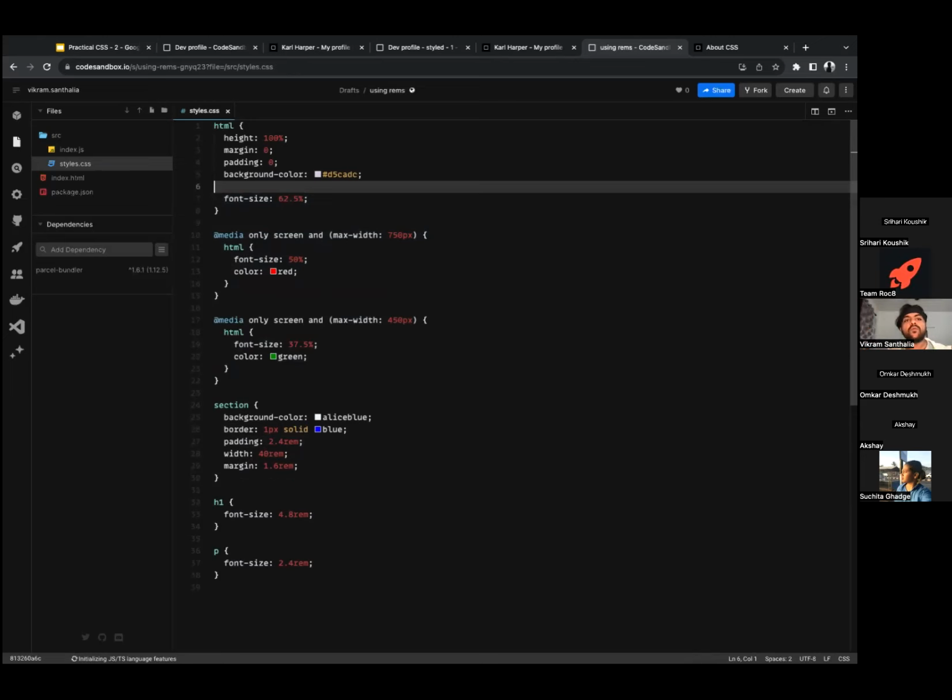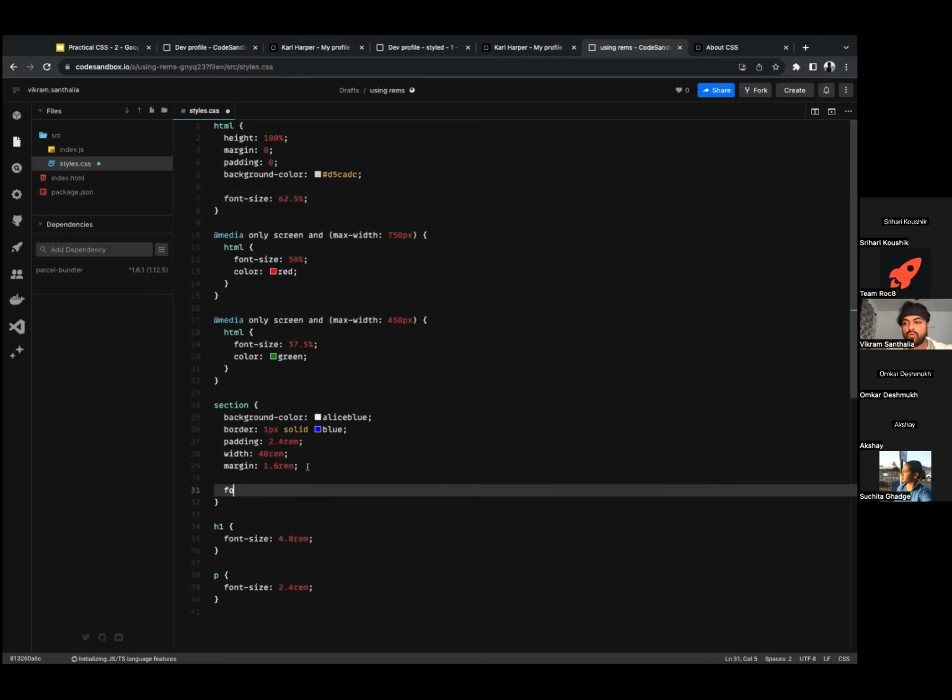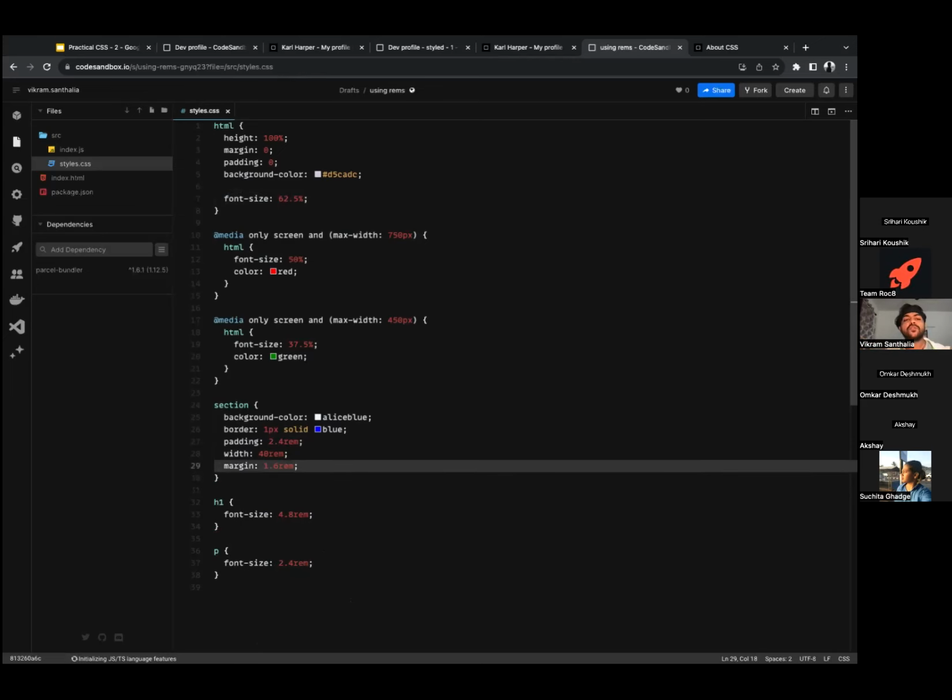Right. So basically, calculation of these units depends upon a lot of things. It depends on whether the property is inherited or not, and how each property does the calculation. We will not go into those details. We'll talk about font size. Font size is something that is inherited, right? So whenever you're saying font size, or for that matter any value, we just understood that REMs will always correspond to the root font size. So what is the root font size? Here HTML is the root element, so root font size is